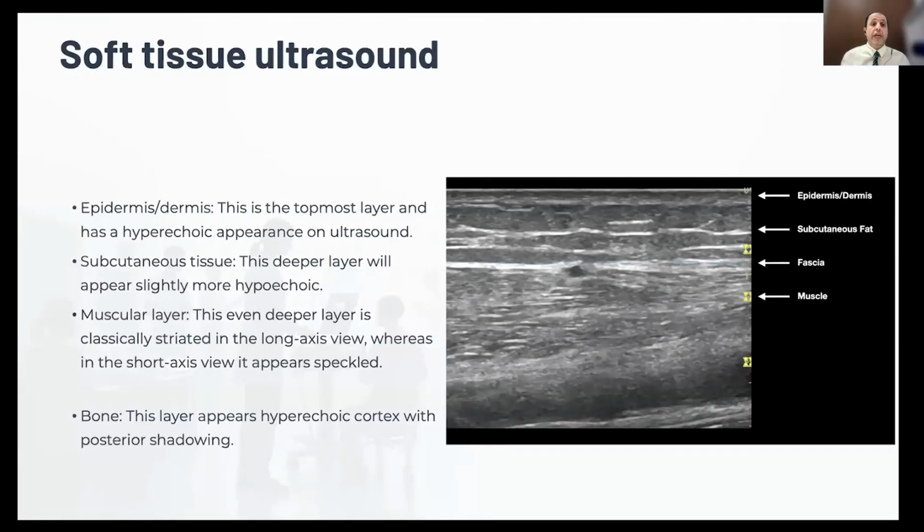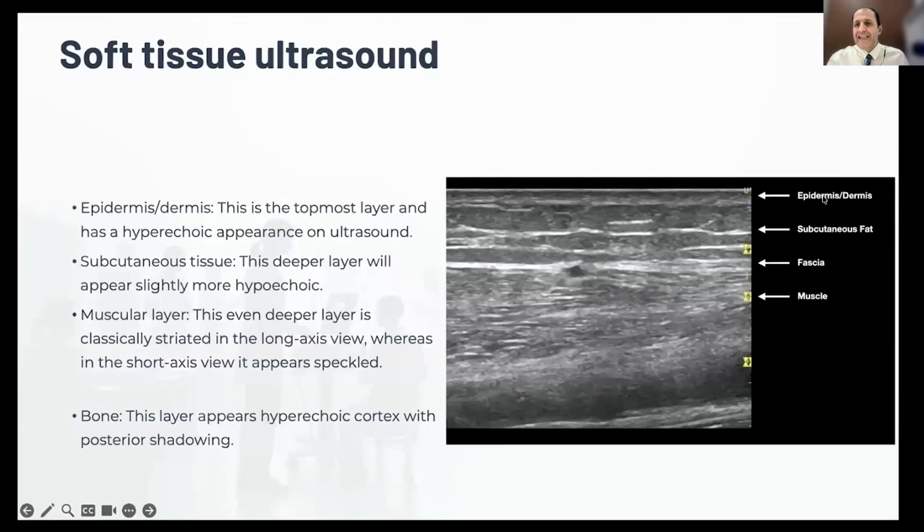So before discussing abnormal findings in soft tissue infection on ultrasound, let's discuss the normal ones. If you understand the normal ones, we can also detect abnormalities and pathologies more easily. When you are doing point of care ultrasound, we have different layers. Maybe it's a little confusing at first, but I think it is easy to learn.